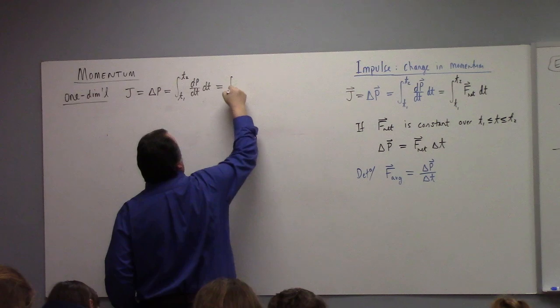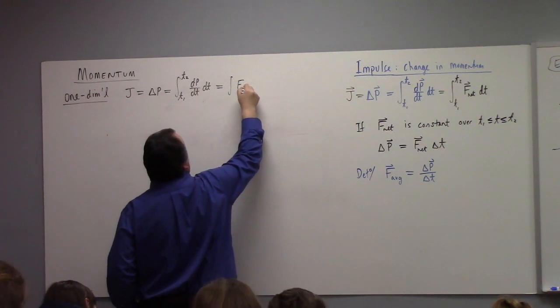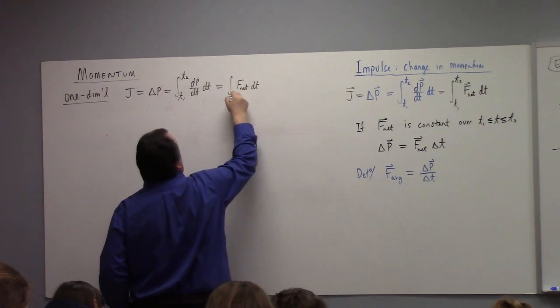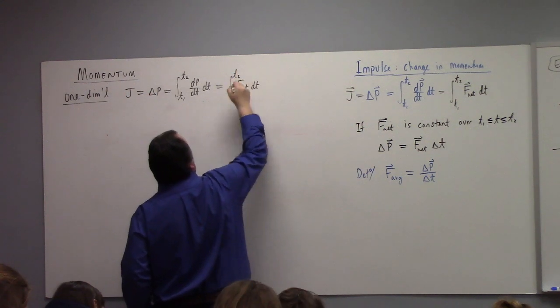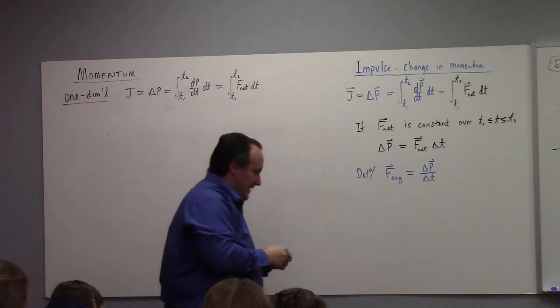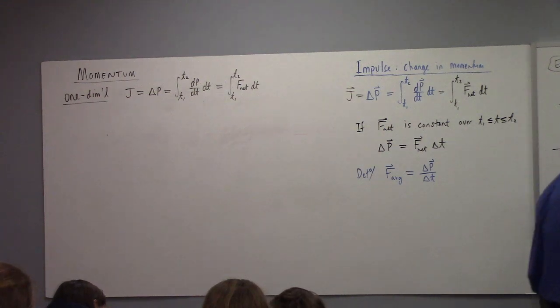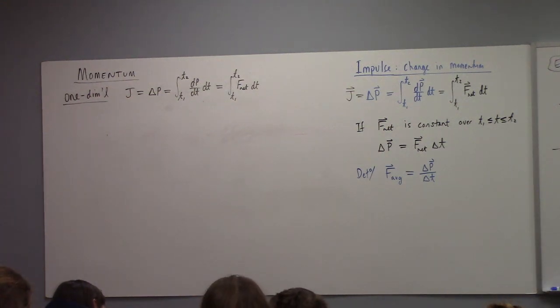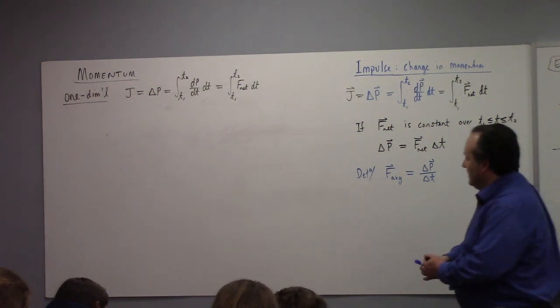And of course, that is still going to be the net force. But now we're not integrating a vector, we're just integrating a scalar. And as such, we can think about it graphically, right? So, for example,